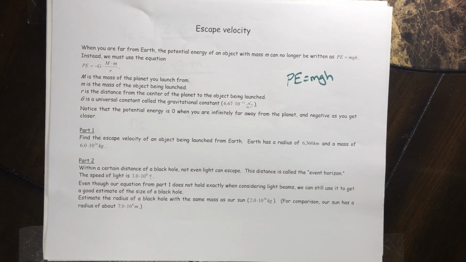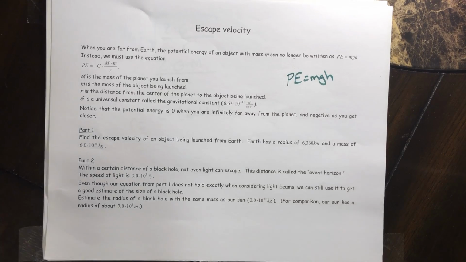when you throw a ball in the air, it usually falls back down. We're hoping you know that right now. If you throw it a little bit harder, it's going to take a little bit longer to come back down. If you throw it so hard that it never falls back to Earth, that's called escape velocity. You've let it go at a velocity that it'll never return. Okay? So,